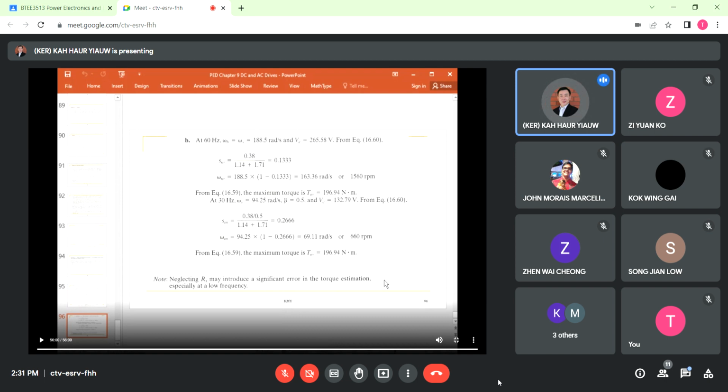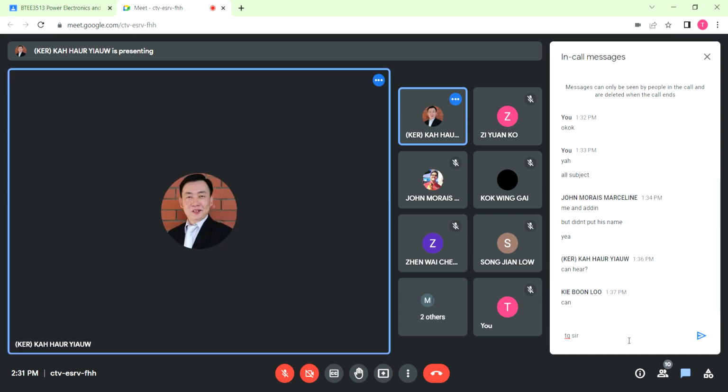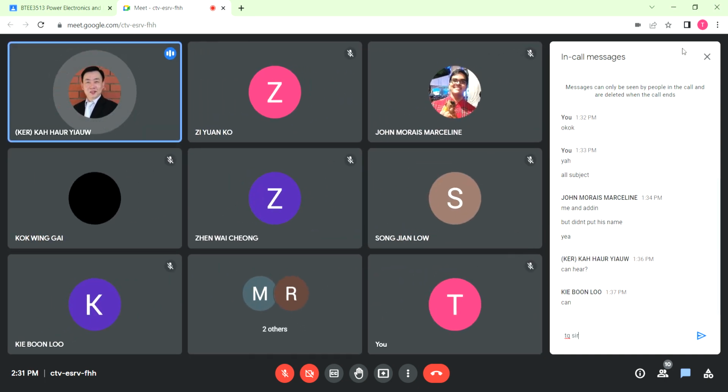So at least you know there are a number of control techniques in terms of the voltage, the frequency, and some other control parameters to control the speed of the given motor. So I think this will be the last part for this chapter. So we have already ended